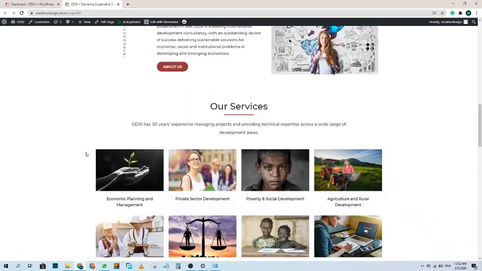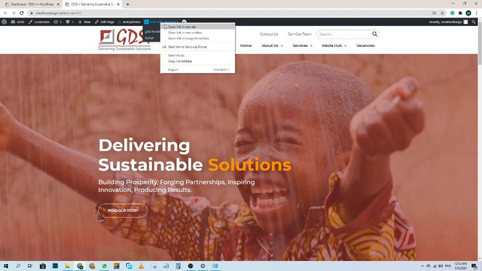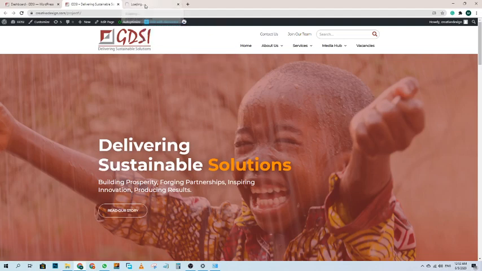So let's start from the banner, how you can change the content of your banner. For this you have to click on this menu or link, edit with Elementor, open link in new tab.